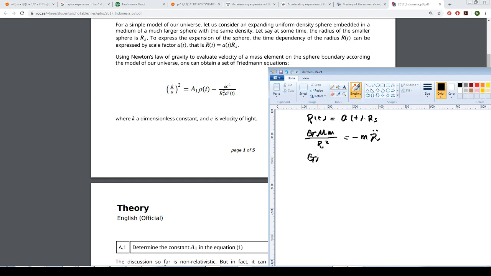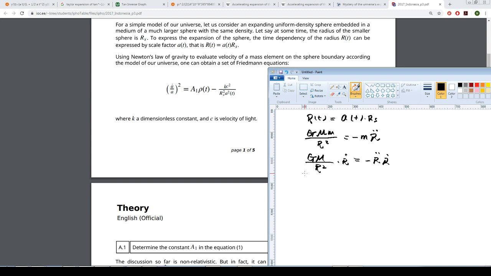So what's very interesting from here is that we multiply by r dot. That's what will give us r dot squared,